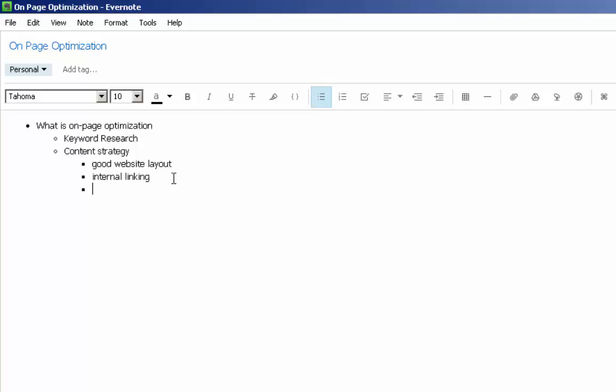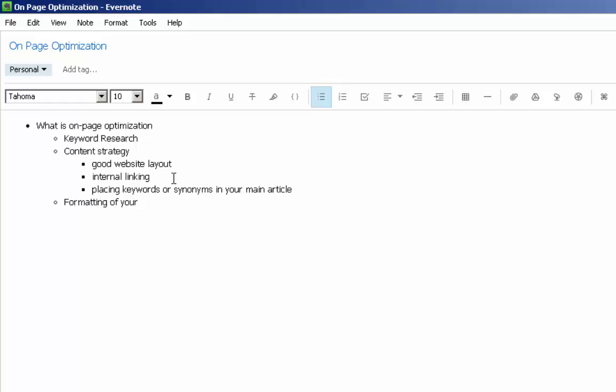And another content strategy is basically placing keywords or synonyms of keywords, right, in your article, in your main article actually. Okay, so that's one good content strategy we're going to talk more about in our advanced classes. Another good point that we're going to talk about in on-page optimization is that you need to have a good format,